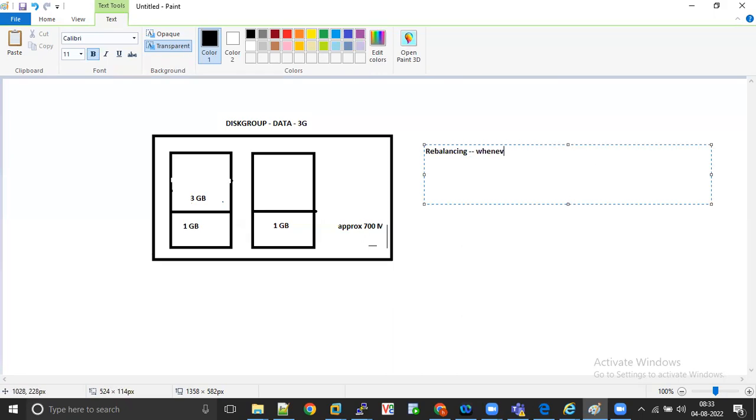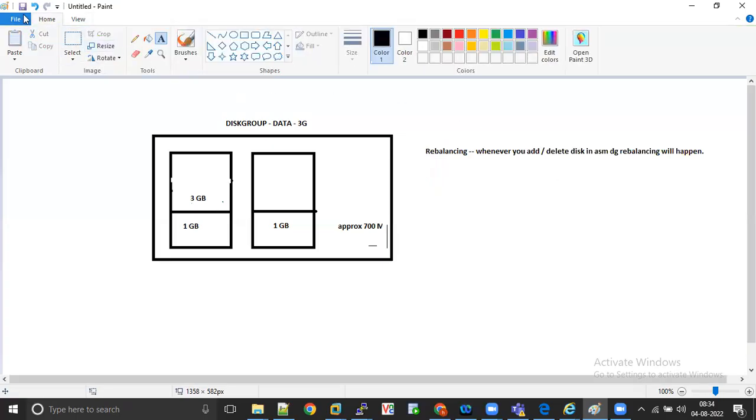Whenever you add or delete a disk in an ASM disk group, rebalancing will happen. Okay, this talks about the rebalancing concept. So we are moving to another concept called